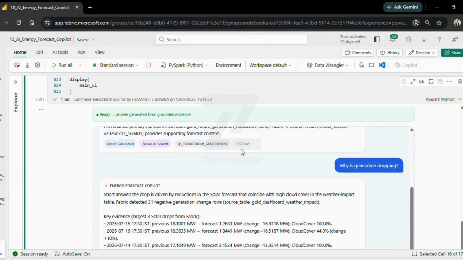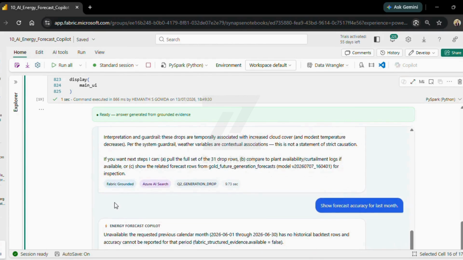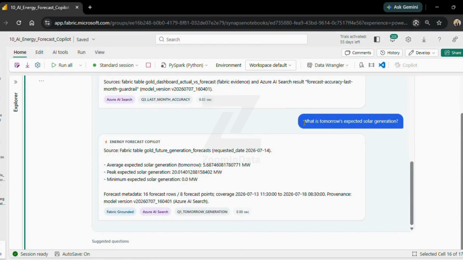So the next question was why was generation dropping? For this, a short answer was the drop is driven by reductions in the solar forecast and coincides with high cloud cover impact. So similarly, I have also typed some more questions, where we can see here,